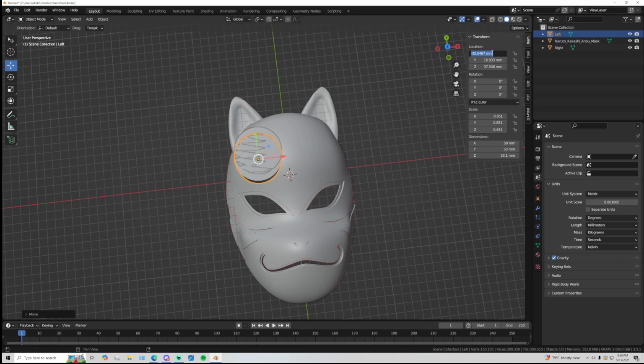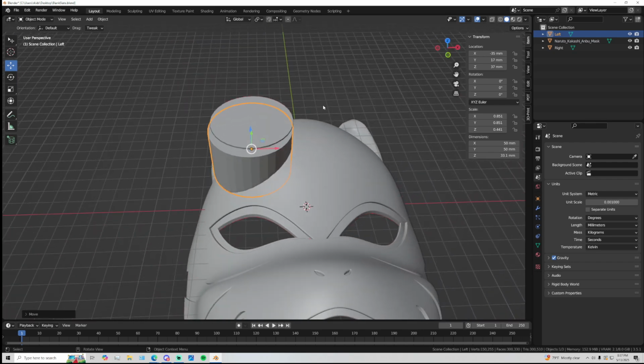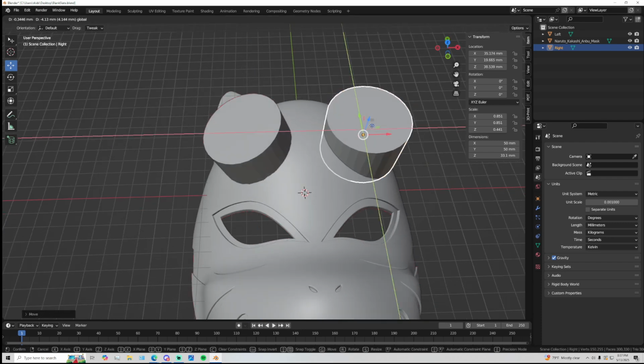We're going to choose 35, 17, negative 35, 17, and we'll just do 37 for this. And now, all I gotta do is rotate it negative 20 degrees. Okay. Now I'm gonna put this to the other side, and I'll be able to see kind of